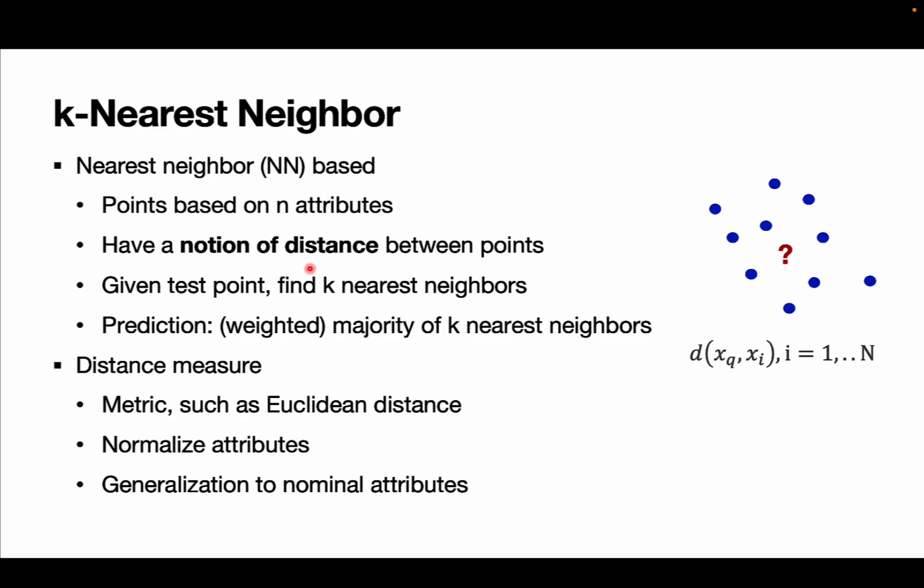Is the distance between the points treated equally, or maybe different weights depending on how close or far these points are from the query point? And once we figure out the distance,